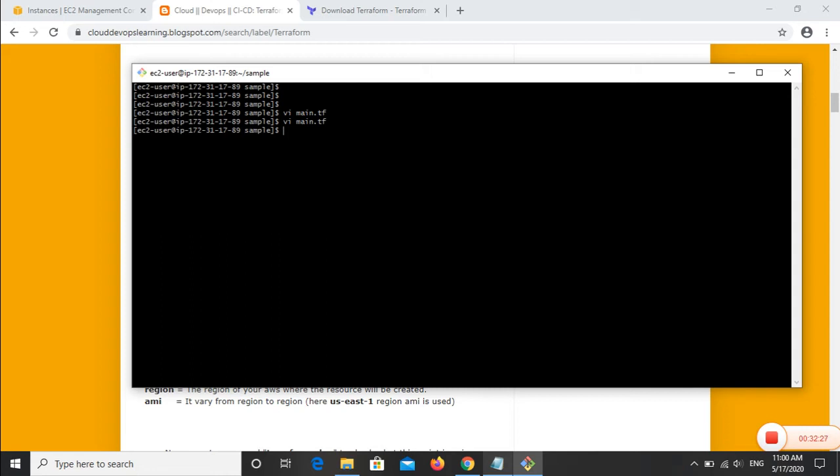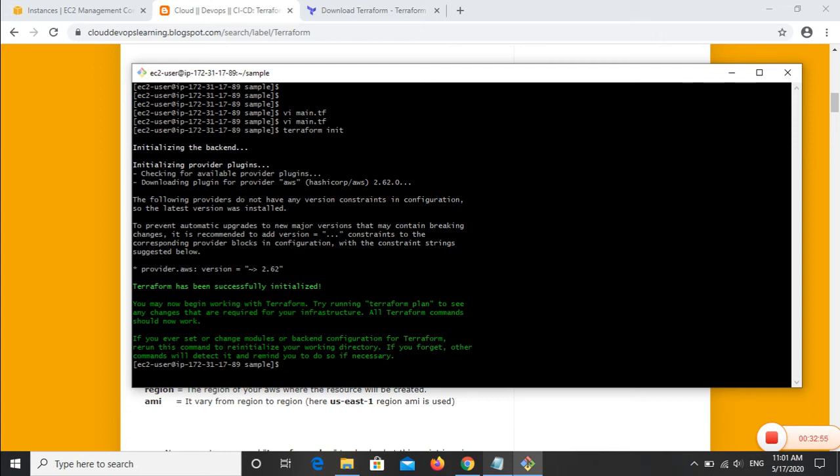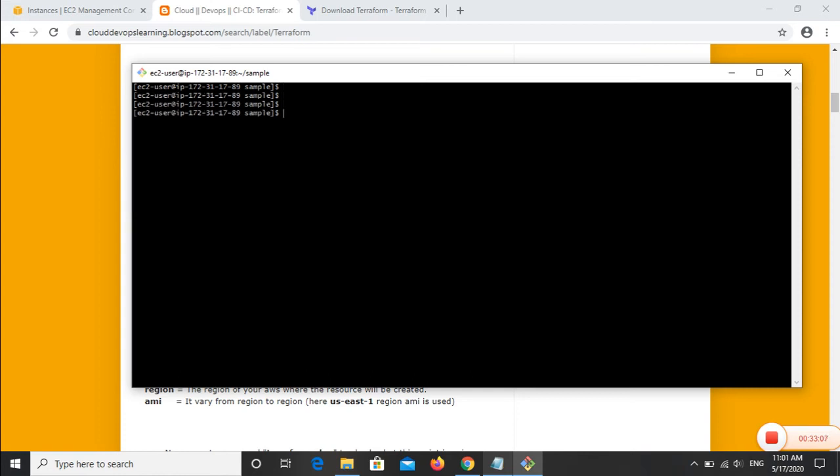Now the first command we are going to start with in Terraform is terraform init. So what is terraform init? Terraform init is used to download all the required plugins and additional files related to our specific cloud service provider to be compatible with our Terraform. So here we will use terraform init. We will press enter. You can see the message related to initializing the backend. Yep, so you can see that Terraform has been successfully initialized. We will clear the screen.